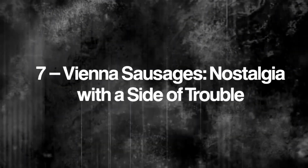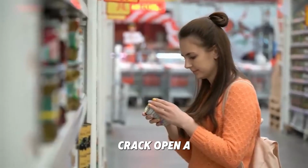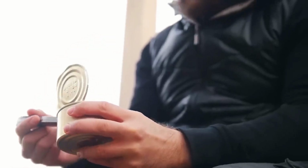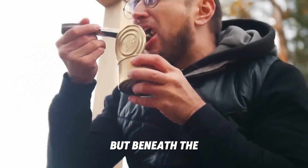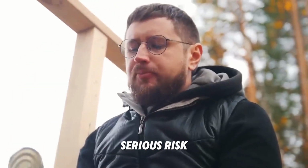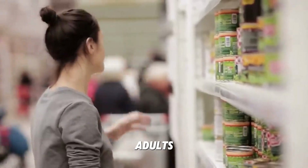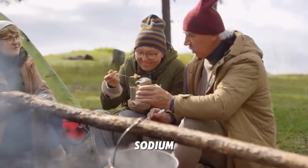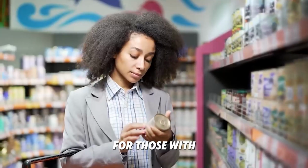Number 7. Vienna sausages. Nostalgia with a side of trouble. Crack open a can of Vienna sausages and the sharp metallic scent hits immediately. It's a familiar pantry staple, but beneath the nostalgia lies a serious risk, especially for older adults. One small can can pack over 1,000 milligrams of sodium, nearly a full day's limit for those with high blood